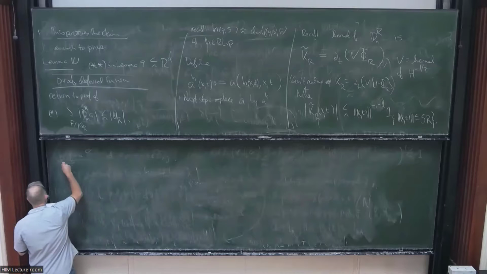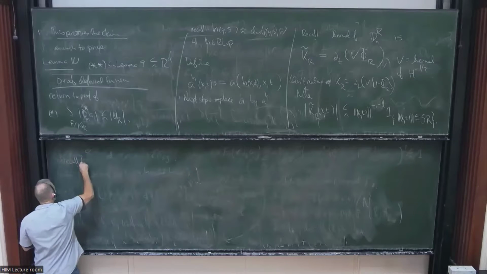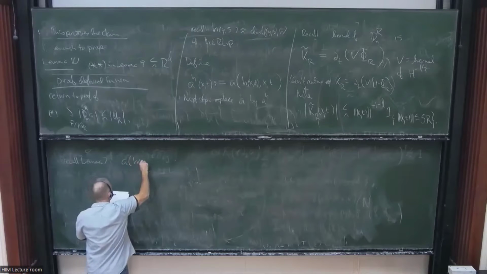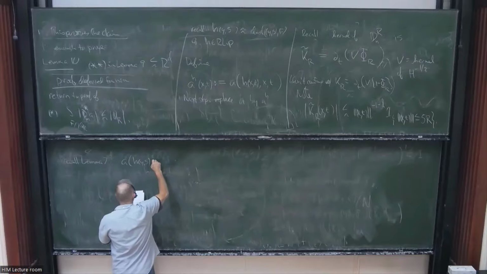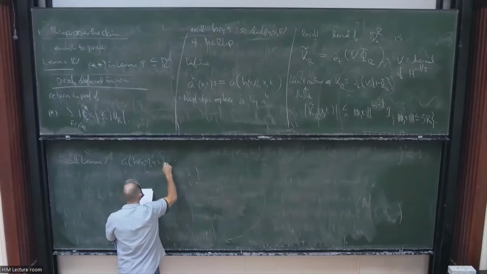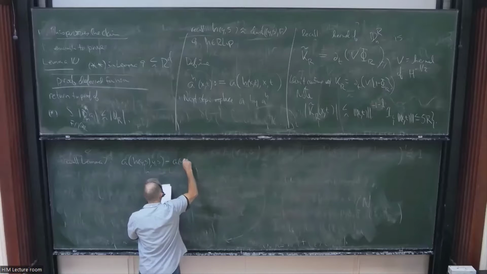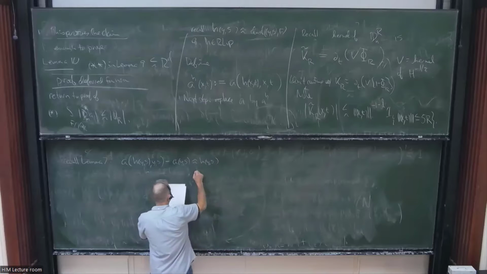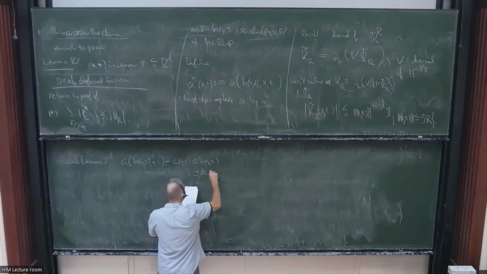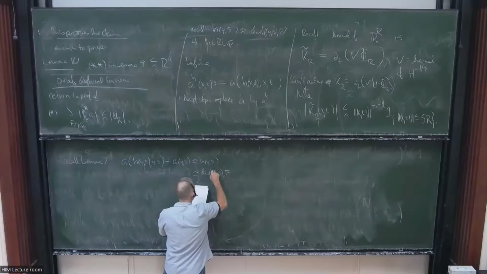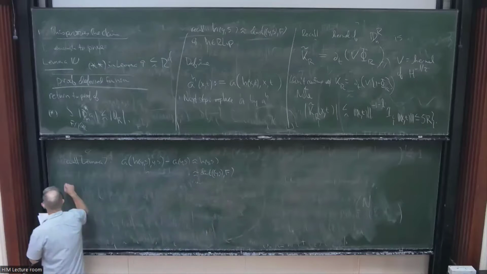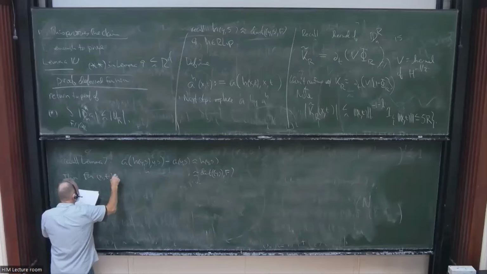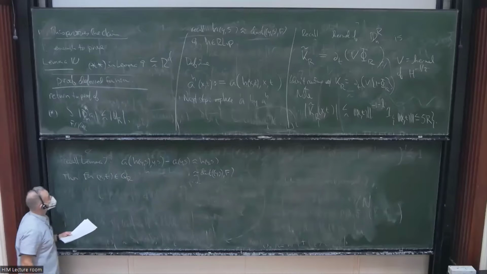So let me remind you of Lemma 7. Which said that if you look at the difference between A of H of ys and A of ys, that difference is on the order of H of ys, which of course is comparable to the distance from ys to F. Okay? So then we have, for xt in QR, which is where we're working, where we're trying to get an L1 estimate,